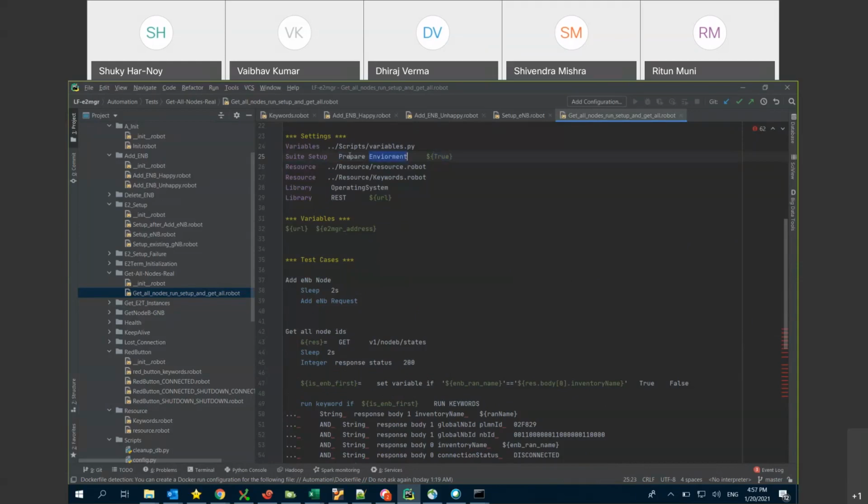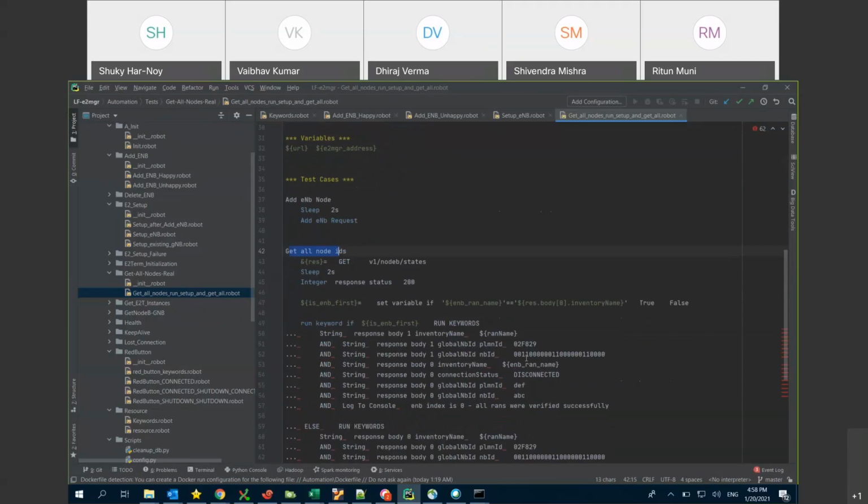So after doing this in the init phase of the test, we already have a real GNB, real request, in the database, and we add another one, ENB, using REST. So now we have two node Bs in the database, and we call the REST API get all node IDs to verify we have two, and we want to verify their